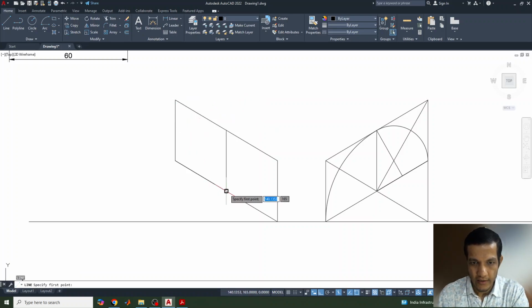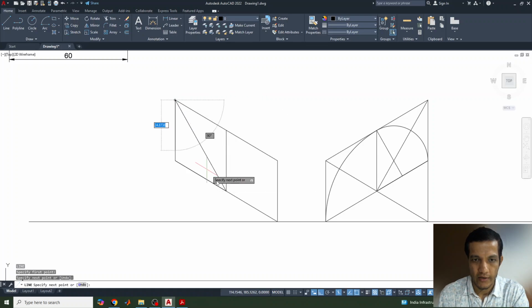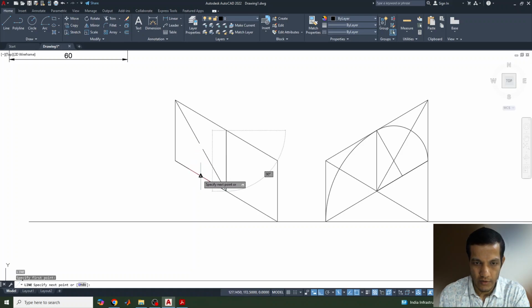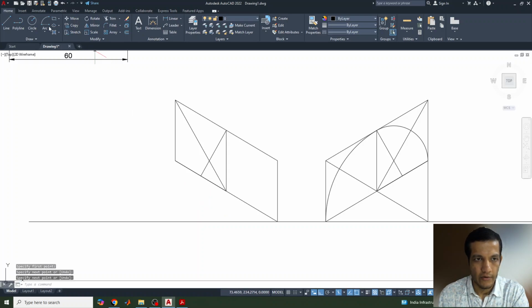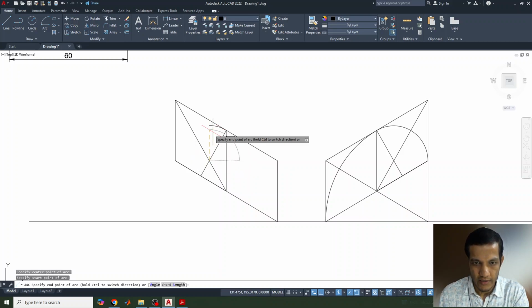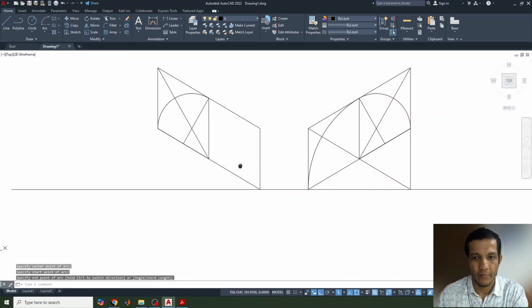Next, this diagonal, just join it, this diagonal, join it, and from here I'll take the midpoint of this, yeah, midpoint of this, enter. Now again you go for this arc, select the midpoint of this, take the distance and just close it here. Okay, one side we completed, another side needs to be drawn, so the same method needs to be